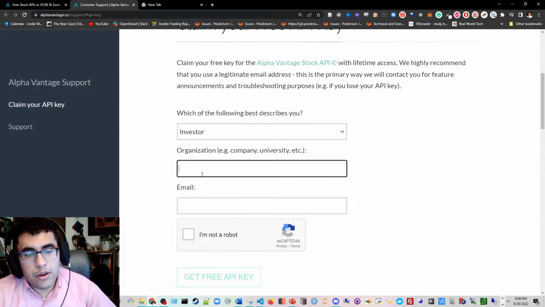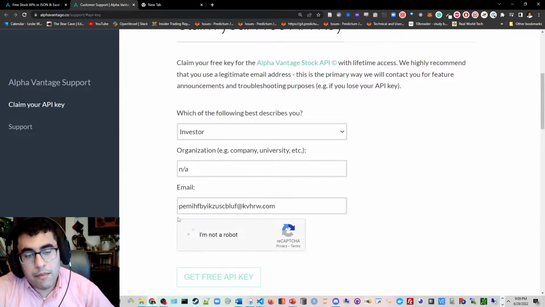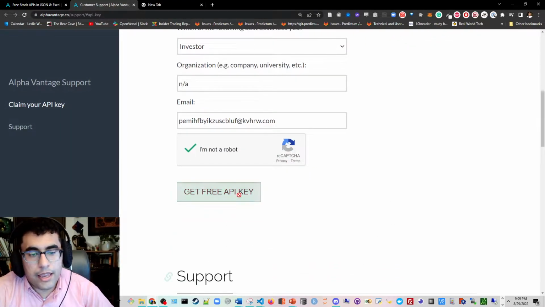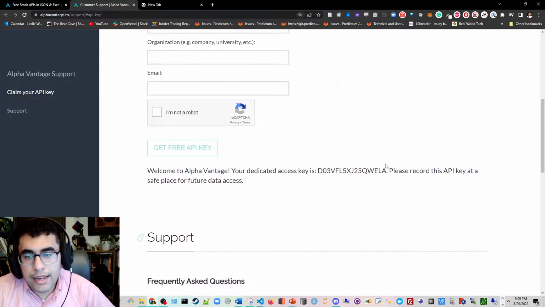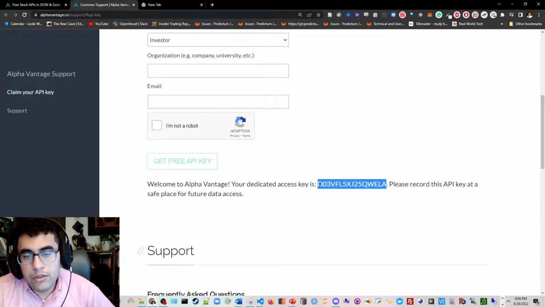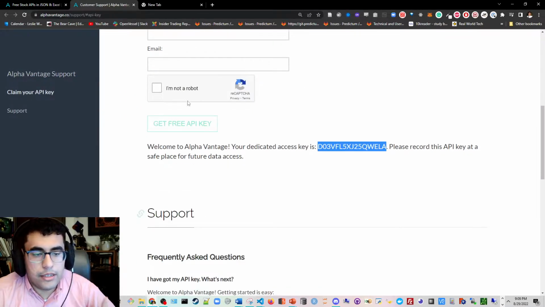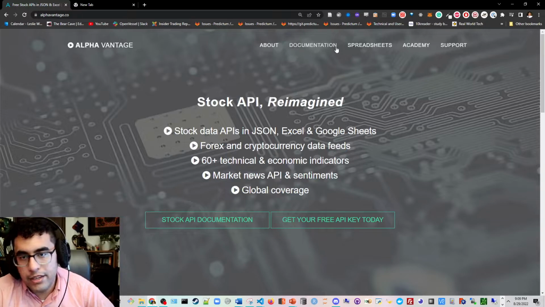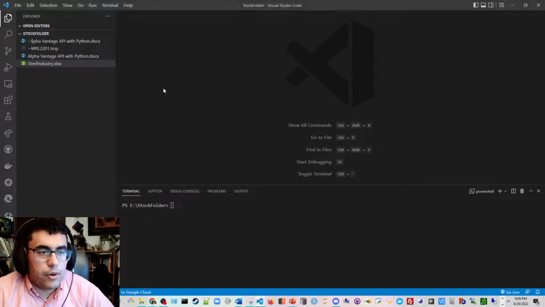So here we're going to go to their website and then use an email. This is just a temporary email to get the API key. The API key is what lets you get access to the stock data that you're going to make API requests on Alpha Vantage. So if you go to their documentation really quick,